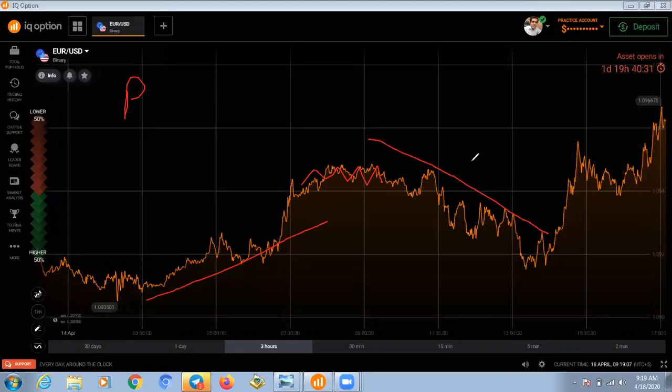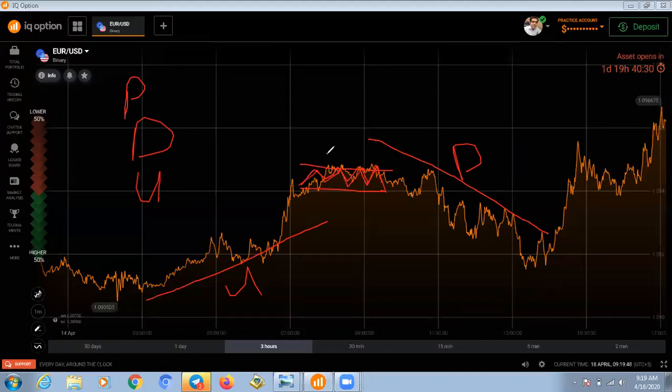If it's going in this direction, it is a downtrend. If it's going upward, it's an uptrend. If it's moving in between a range, it's moving in the range. So range means a range in the market, or sideways. Okay, another thing,